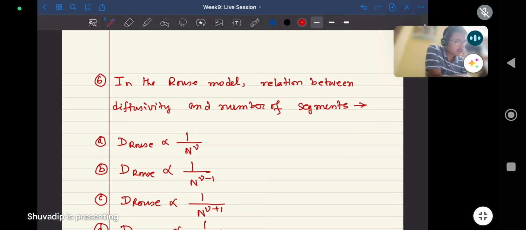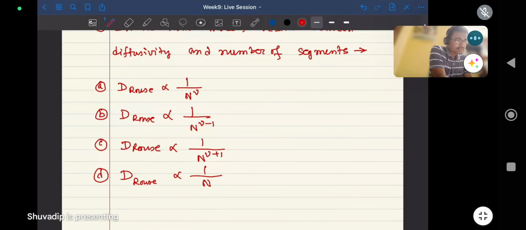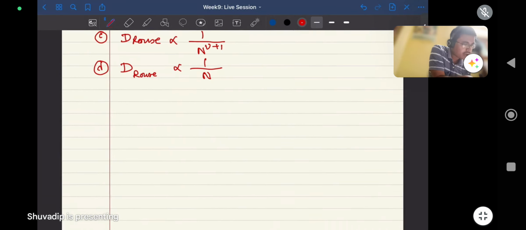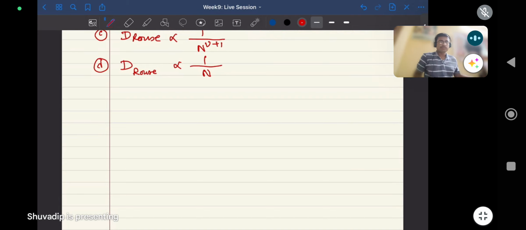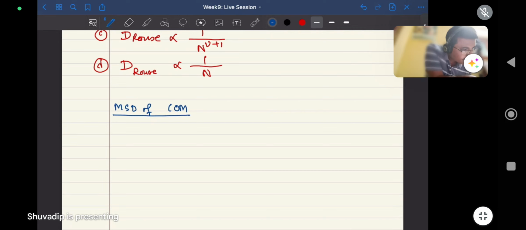Now which of these is the correct option? To calculate that, we have to calculate the MSD of the center of mass, which will capture the diffusion constant of the polymer chain, right? So the MSD of the center of mass, because it captures the net diffusion of